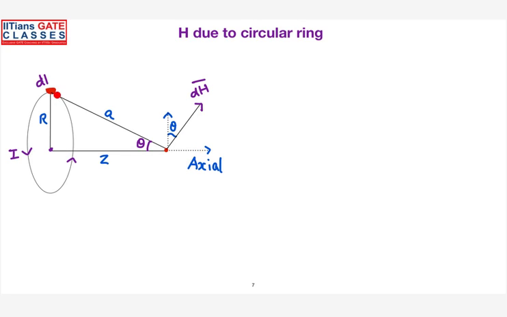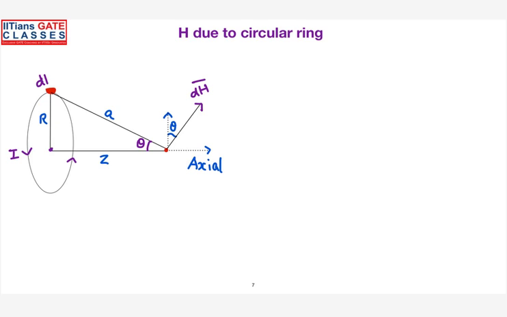Actually, if you see here, the circular ring I have given is located perpendicular to the sheet. Just for the visual purpose, I have projected it on the paper, but actually speaking, this coil is placed perpendicular to the sheet. Are you able to imagine, everyone? This coil is placed perpendicular to the sheet. Actually, we will not be able to see the circle, but for the visual purpose, I have drawn it in a plane.